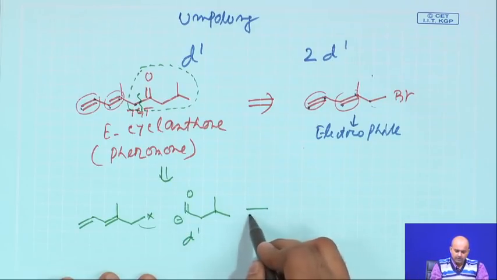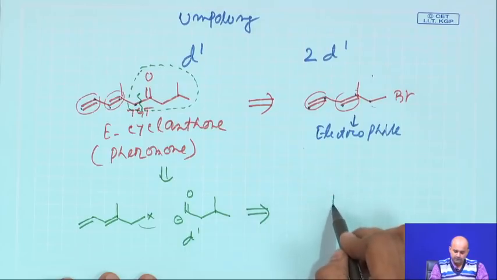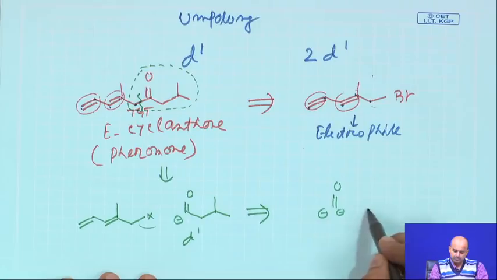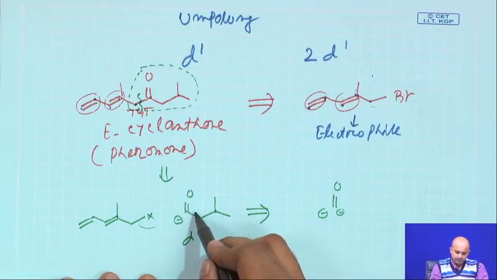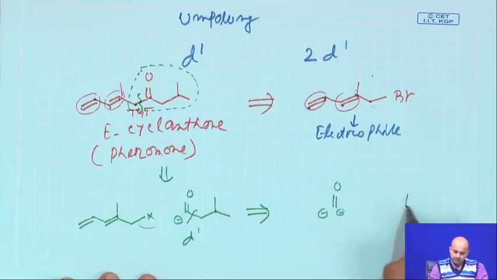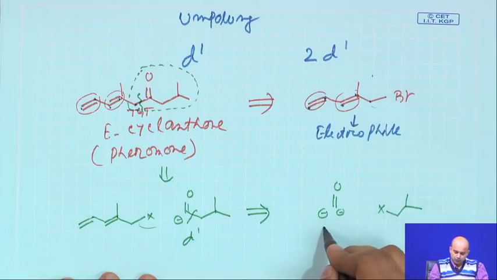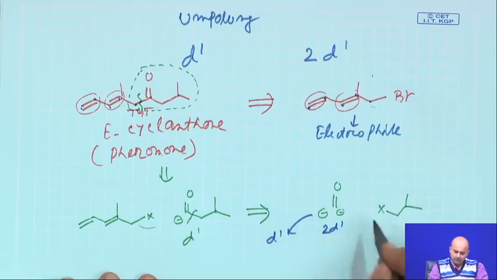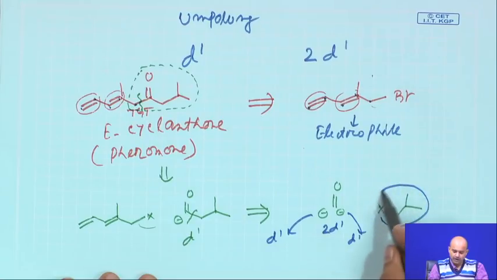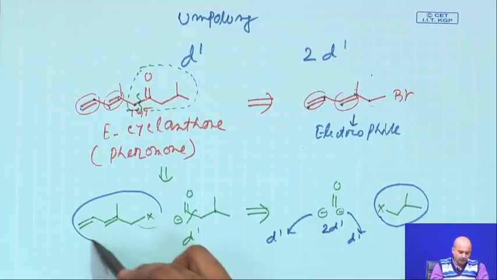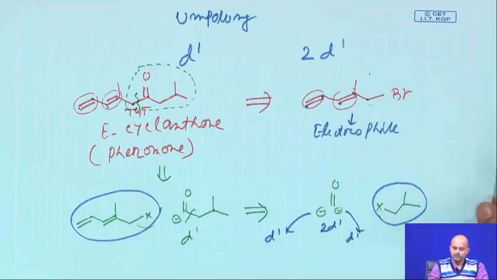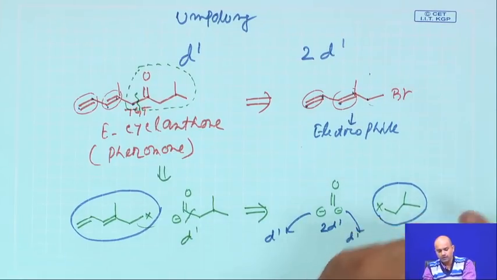It can also be further electrosynthetically disconnected, as discussed earlier, by this bond. So, this is a 2d1 species, meaning this end is 1d1, this end is 1d1, and this is your one electrophile, this is your one electrophile which has been supplied to you. So, in principle, this molecule